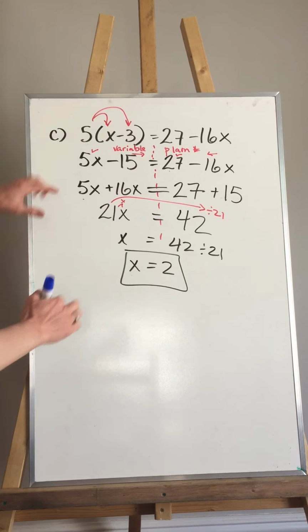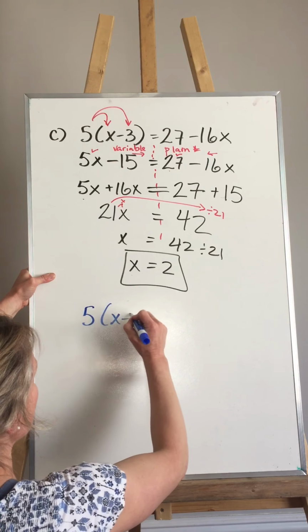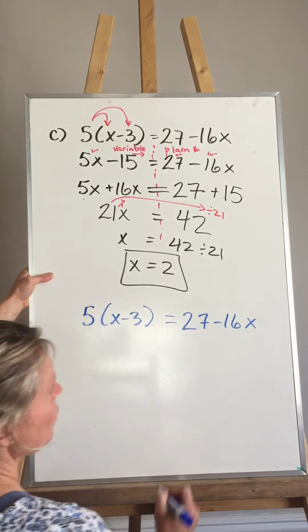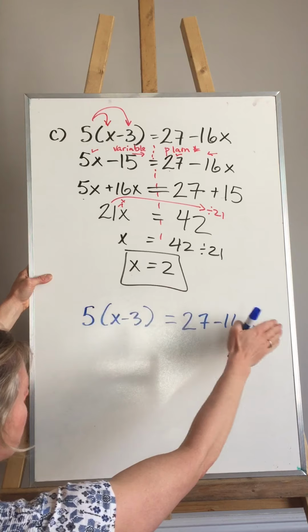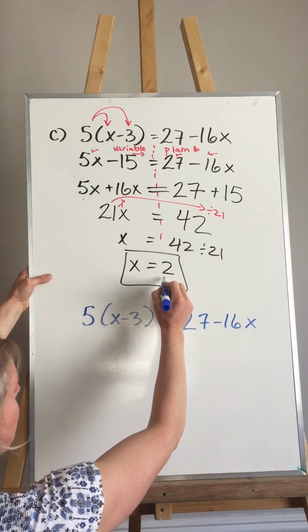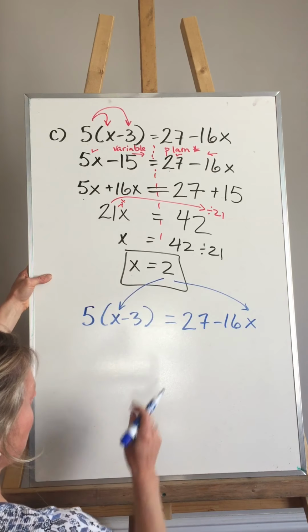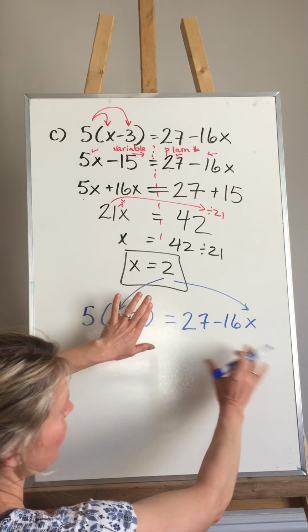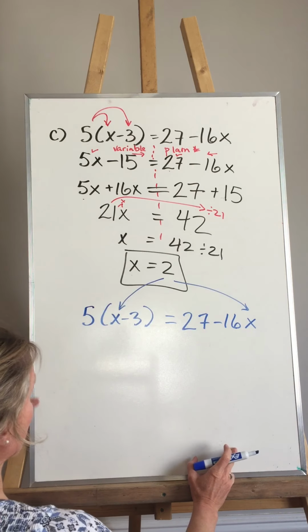So now for my solution, I'm going to write down my original equation: 5 brackets x minus 3 equals 27 minus 16x. I think around where the video cut off, I was saying that when you're checking a solution, you're not going to be moving things around like you do when you're finding what x equals. All you're doing is substituting in this value of 2 wherever you see x, so in two places, and then you're going to work independently. You're going to solve the left-hand side, find out what number that is, solve the right-hand side, find out what that number is,